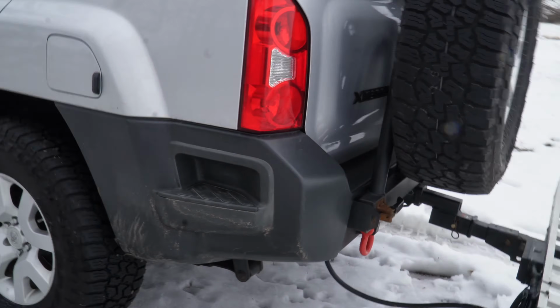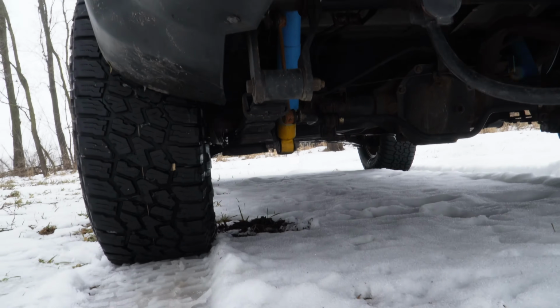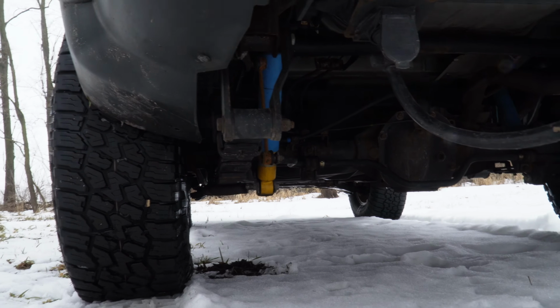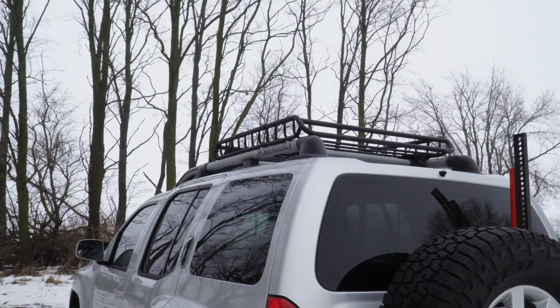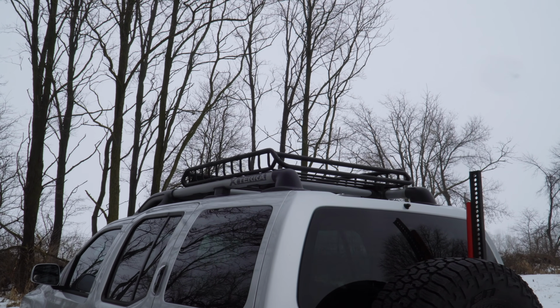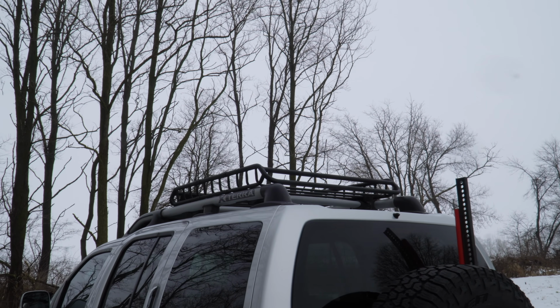So if we come around back here, you'll see there is the Bilstein shock. It's the Bilstein 4600, and then brand new leaf springs. Those were getting real worn out. And then up top, you will notice a roof rack, a roof basket. It's super functional. It's really nice to just throw stuff up there, especially to add a little extra cargo space